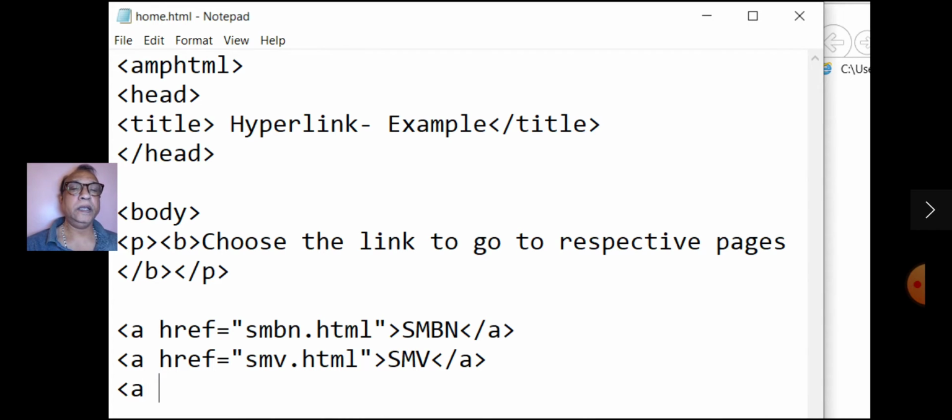And the third link, Bhagirathi Vidyalaya, will create the name of the file as bv.html and the link name as bv.